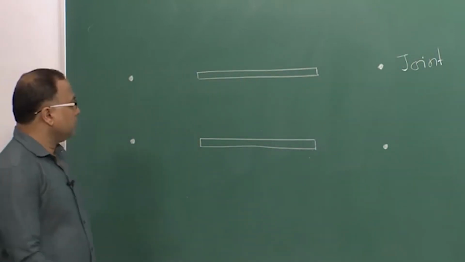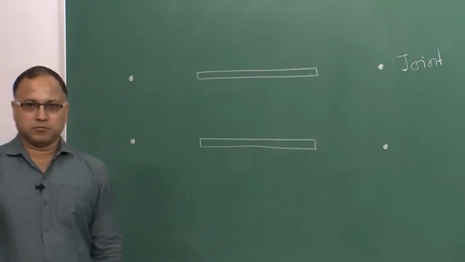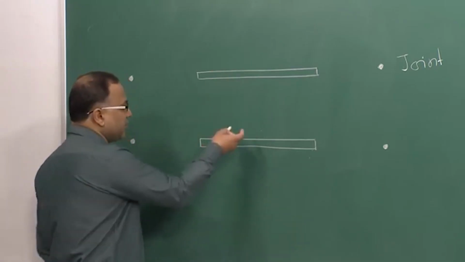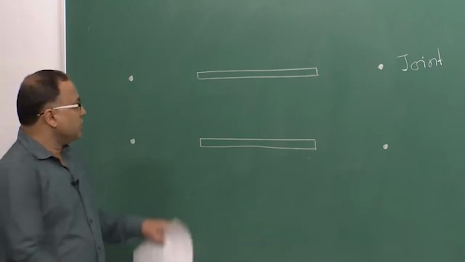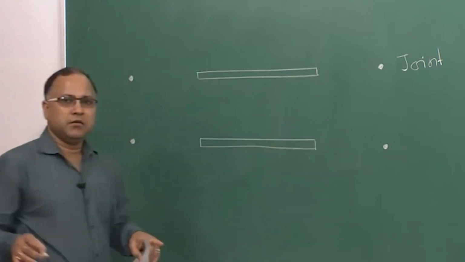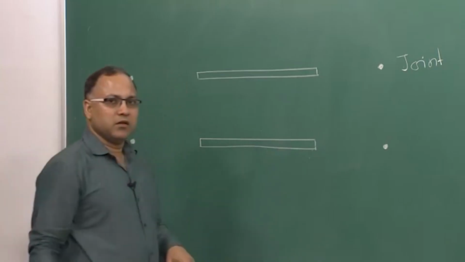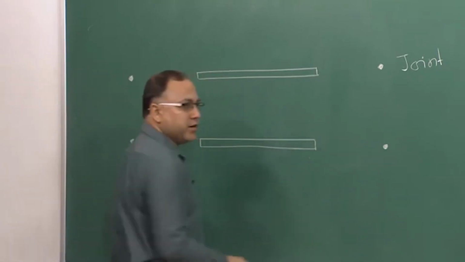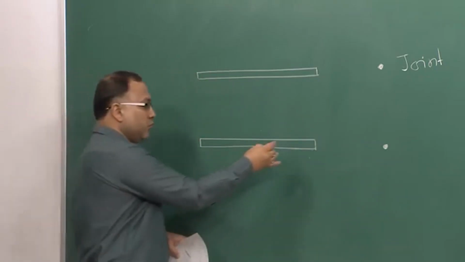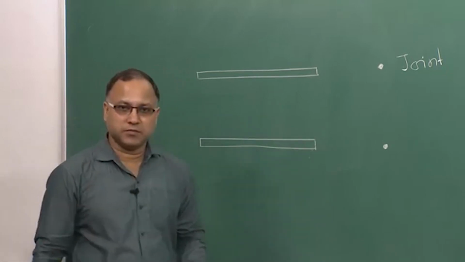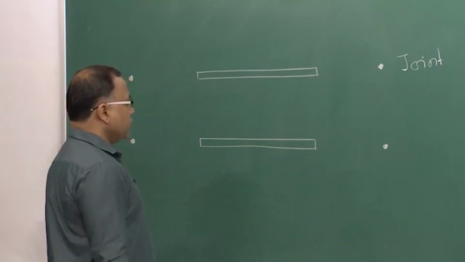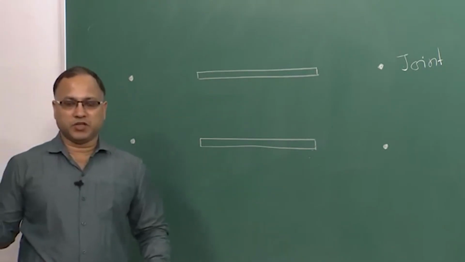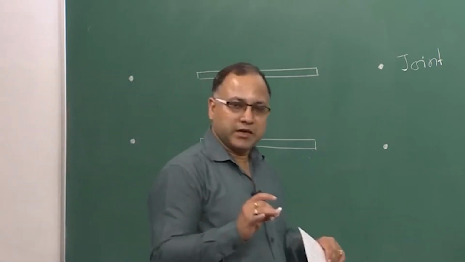Now, I am considering two truss members. Okay? This is member 1 and this is another member 2, say. So, this is the free body of member 1, this is the free body of member 2. These are the free bodies of joints which are connected at each end of the members. Okay. So, now if I say this member is under compression, because as already we have decided that these members